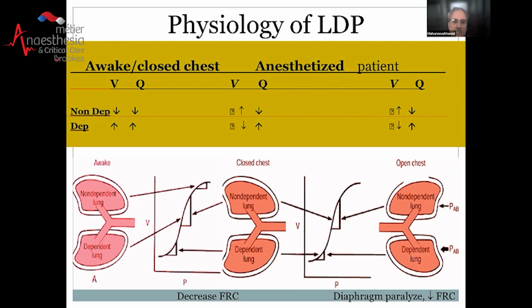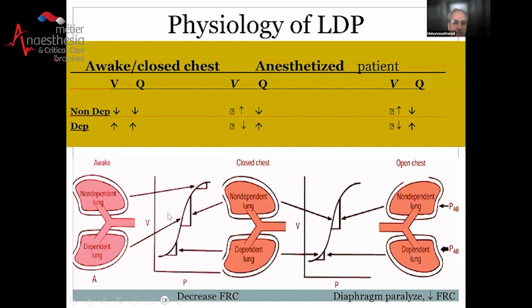But when the patient is anesthetized, the compliance curve will move to the non-dependent regions. So if you give a tidal volume to an anesthetized patient, it will mainly transfer to the non-dependent lung, not the dependent lung. So the dependent lung is still getting more blood, but the ventilation is less in lateral position under anesthesia. So the compliance of the dependent lung, which was over here in the middle with the minimal change in pressure, volume increases, but under anesthesia,